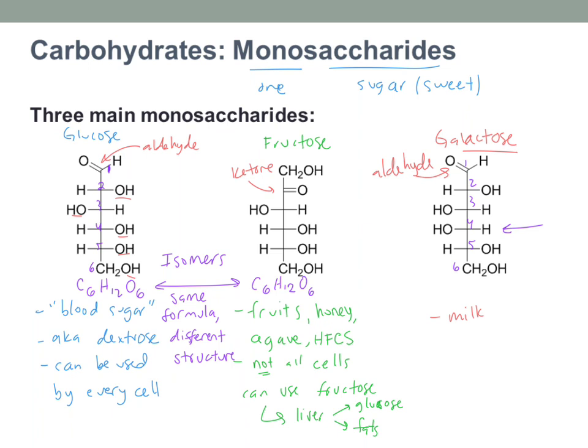But you'll notice, since it's so much like glucose, it's also C6H12O6. So that means all three of these are isomers to one another. So this is also an isomer. Again, like I mentioned in a previous video, the molecular formulas are not super descriptive. I could draw so many structures with C6H12O6. These are just 3 sugars. There are lots more monosaccharides out there. There's allose and mannose and all kinds of things. But these are the 3 really, really common ones, so these are 3 that I want you to know for sure.